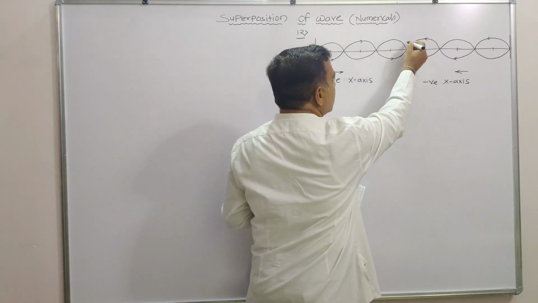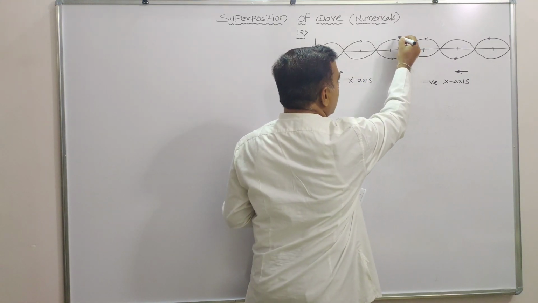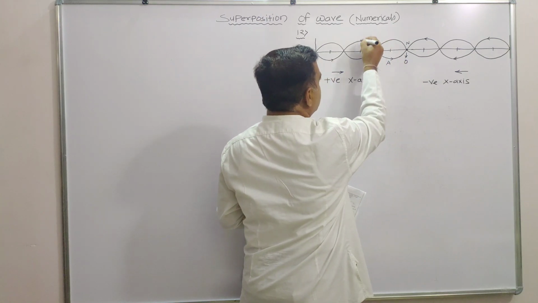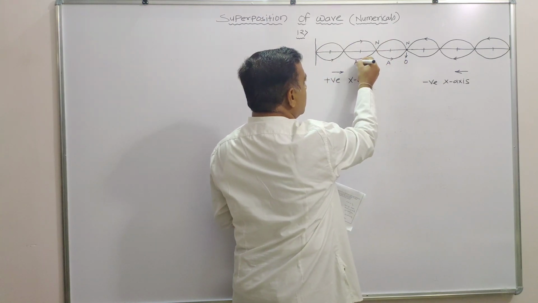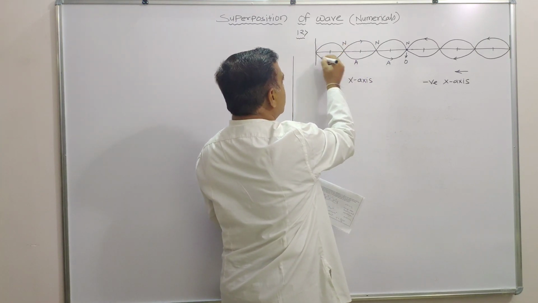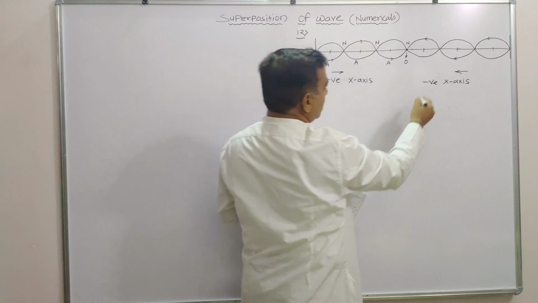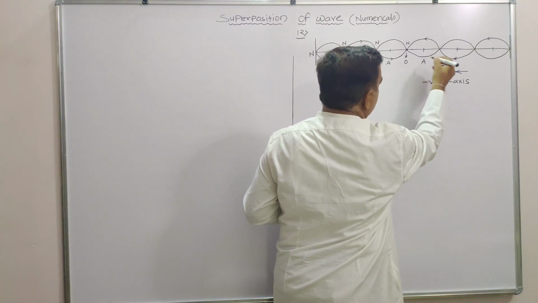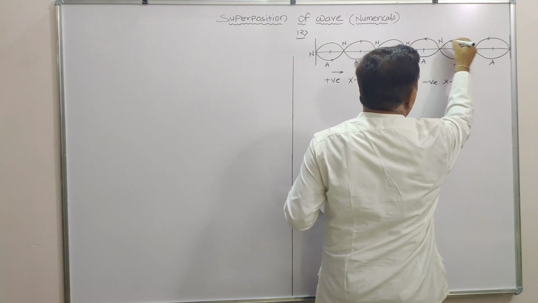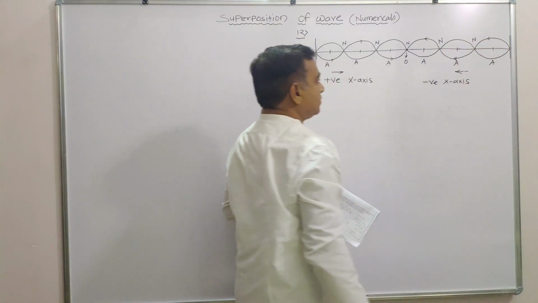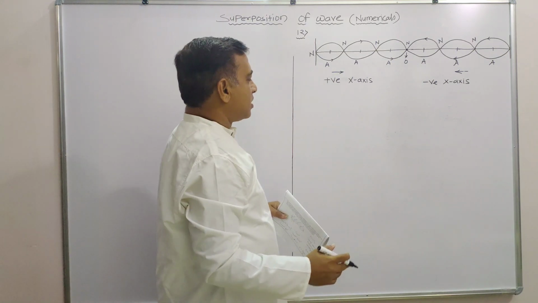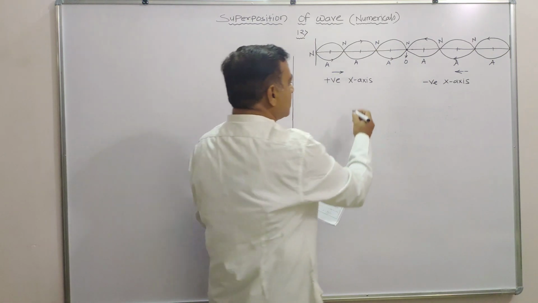Obviously, stationary wave means it forms a node, and we have this antinode, then this node, and this one is antinode, and this one is node. Obviously this is also antinode, antinode, antinode, here it is node and node. As these two waves are approaching each other, what factor is given?